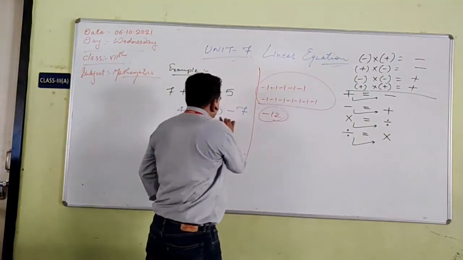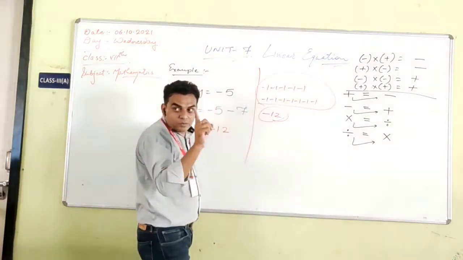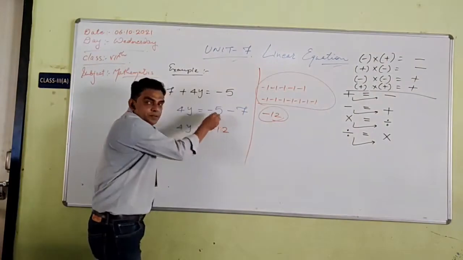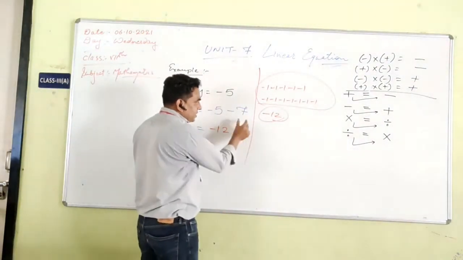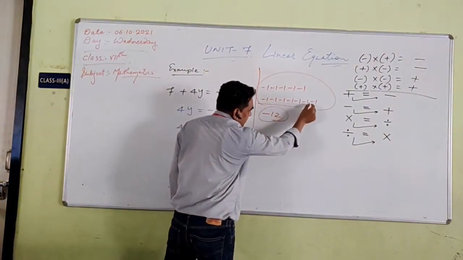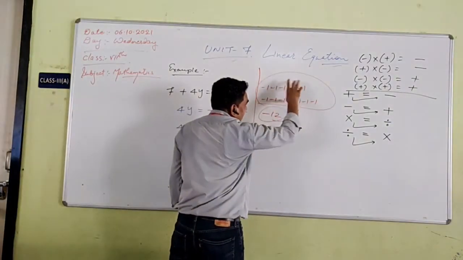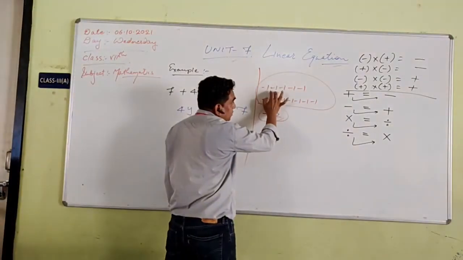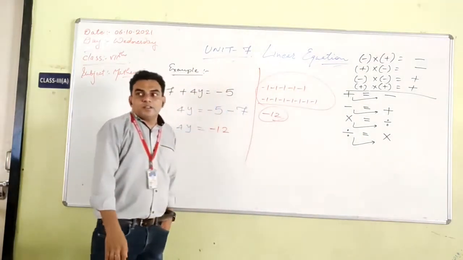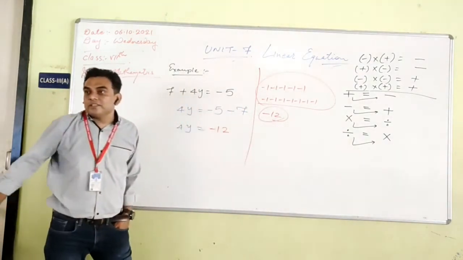Now listen, here minus 5. I'm writing here 1, 1, 1, 1, 1. That means minus 1, minus 1, minus 1, minus 1, minus 1. How many times? 5. Same condition is there, minus 7. I'm going to write here minus 1, minus 1, minus 1, minus 1, minus 1, minus 1, minus 1, 7 times. Understood? Now I am going to add that much, and I am going to add that one also. 1, 2, 3, 4, 5, 6, 7, 8, 9, 10, 11. But the sign is what? Minus. So that's why it is minus.